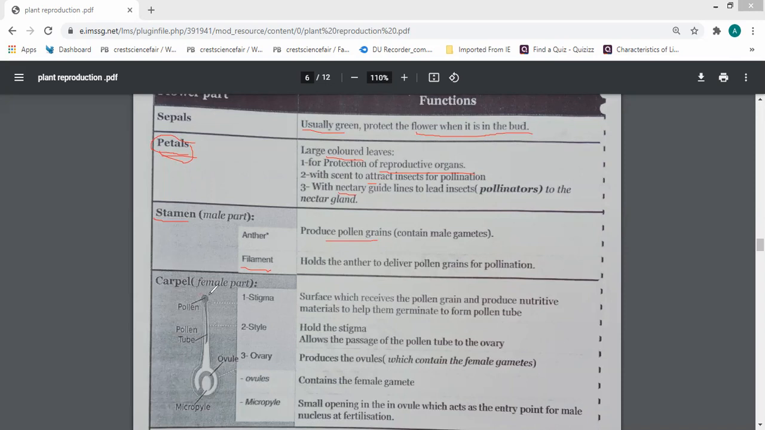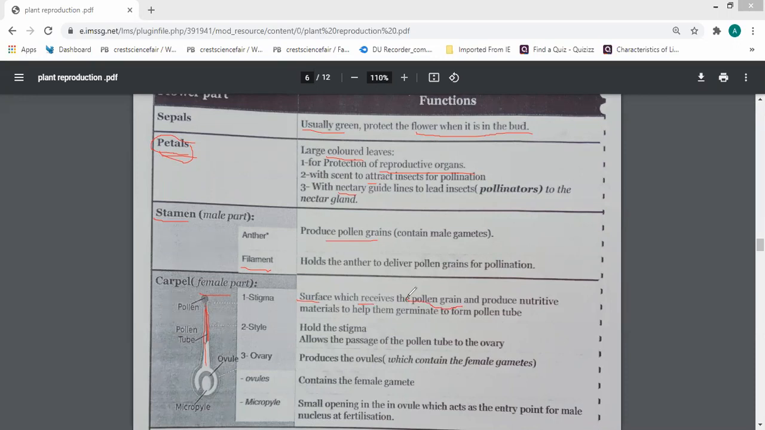Next, the female part, carpel. It includes three main parts: stigma, style, and ovary. Stigma is the part in which the pollen grains sit on its surface to form a pollen tube, as you can see in this one, to reach the ovule inside the ovary. So the stigma surface receives the pollen grain,